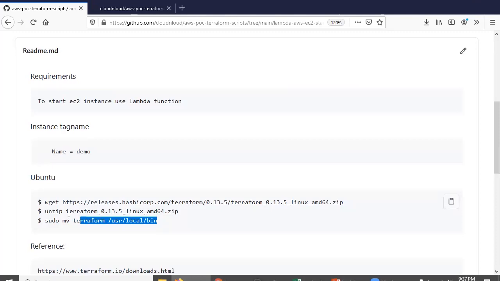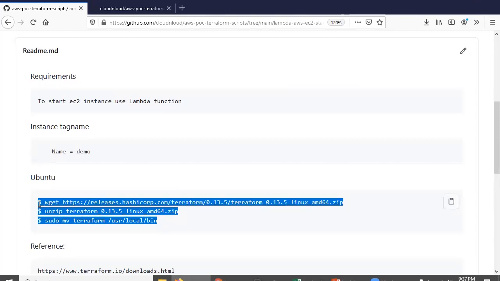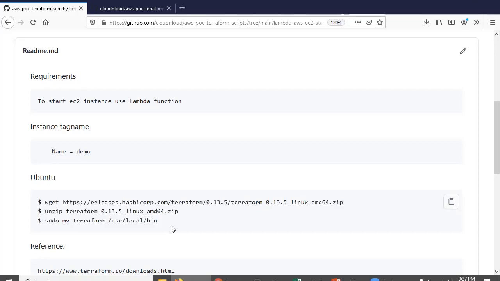You need to have one Terraform machine, a Linux machine. If you don't have Terraform, take one machine and install it like this. Maybe the versions may change; in your case, this may be a later version. Let it be. But we need one Terraform machine to do this automation.